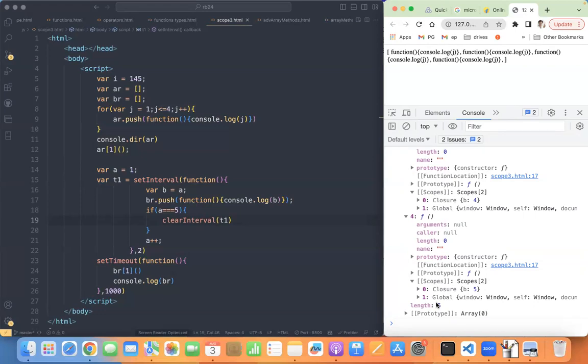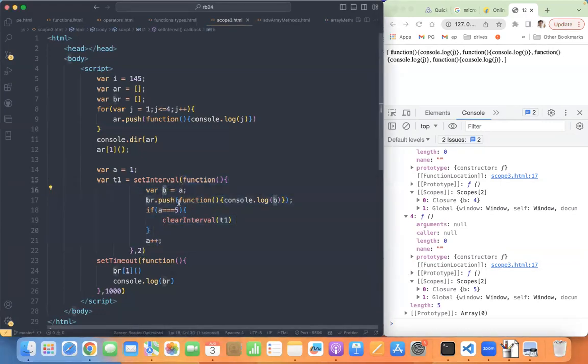Who will bind those values to this inner function? That binds in the closure, but who will bind? The outer function bound that variable.